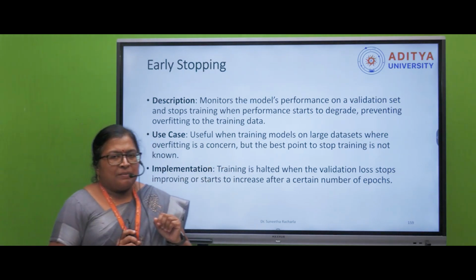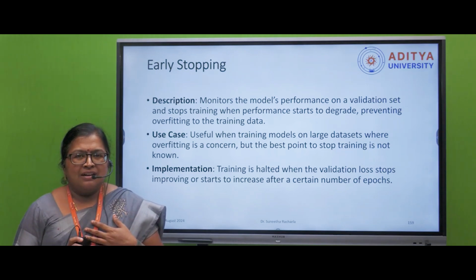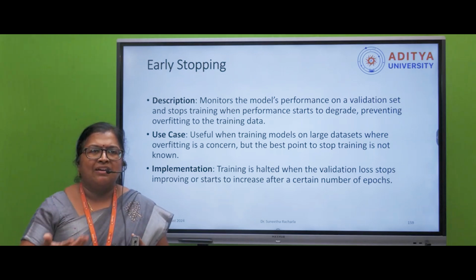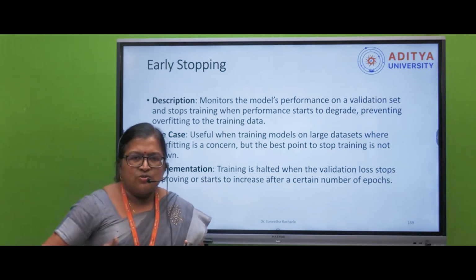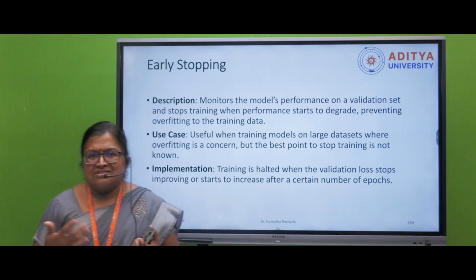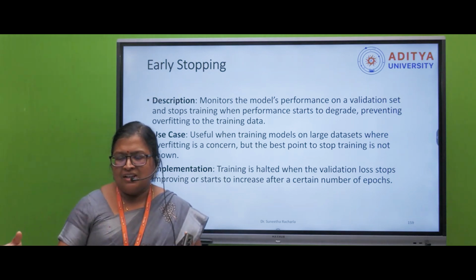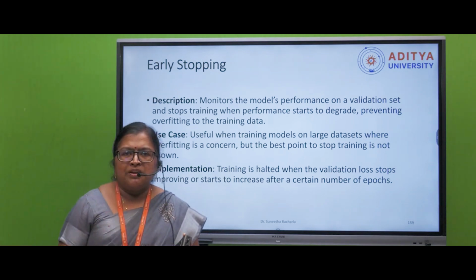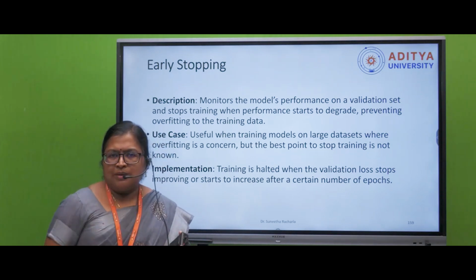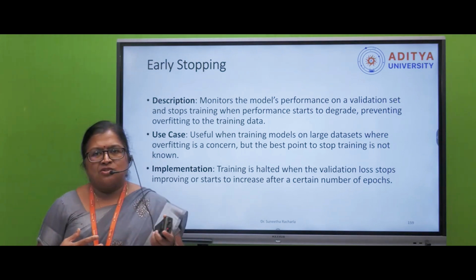Next thing is early stopping. One more type of regularization is early stopping. Early stopping is nothing but, same example I am taking, the team. When a player is continuously playing, doing so many iterations, after some point of time the coach will know that if he is stressed more, in the next iteration he cannot perform at the final. When the final match comes, he cannot perform. So at a particular level, the coach will stop that practicing and make the player go and rest.